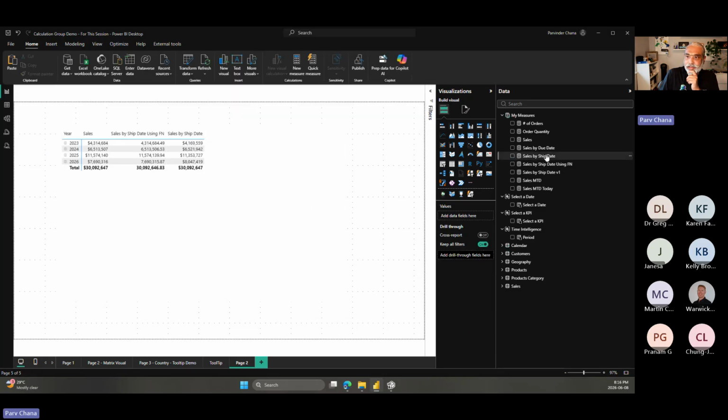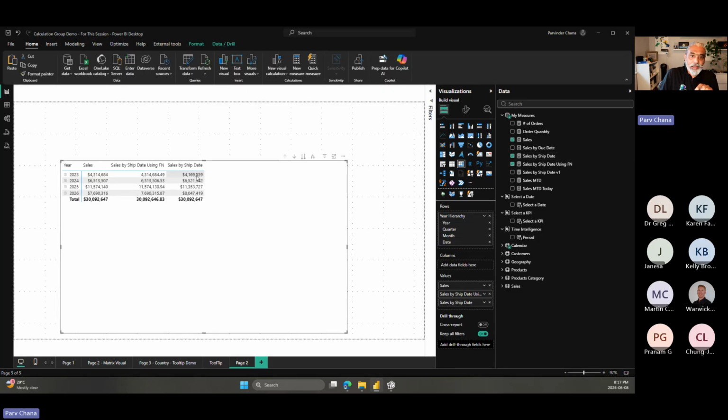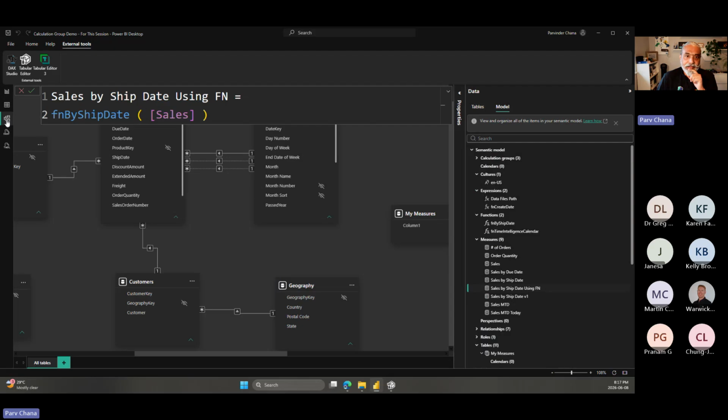As this particular sales by ship date, we have the same functionality and same relationship activated, as you can see, but this one is showing the same number. It seems like the relationship did not get activated in the function. And the reason for that is,